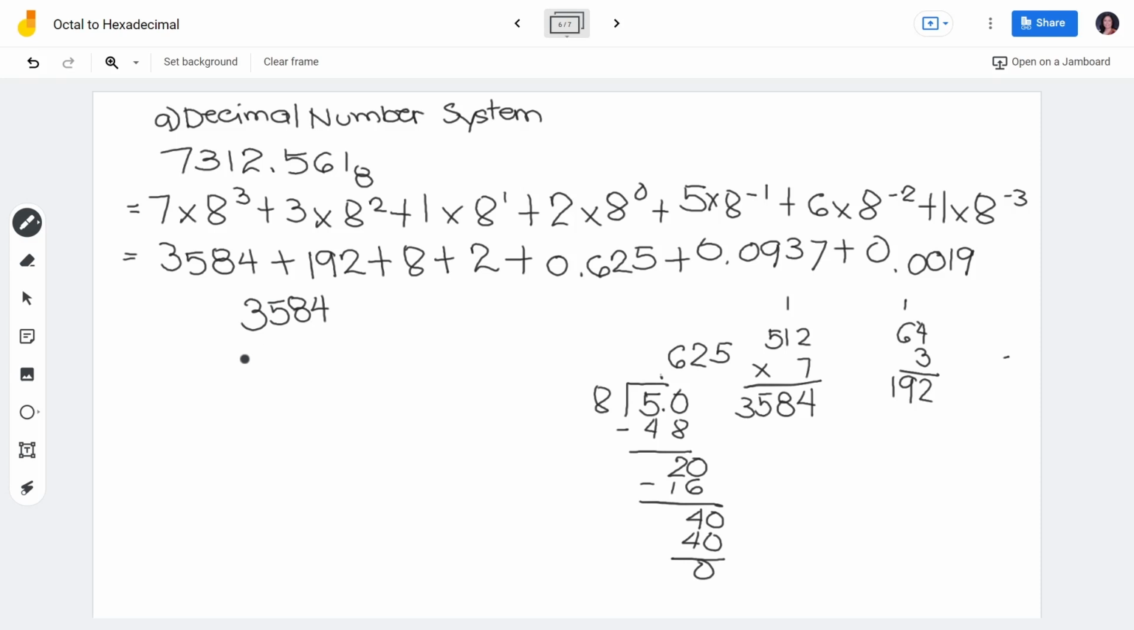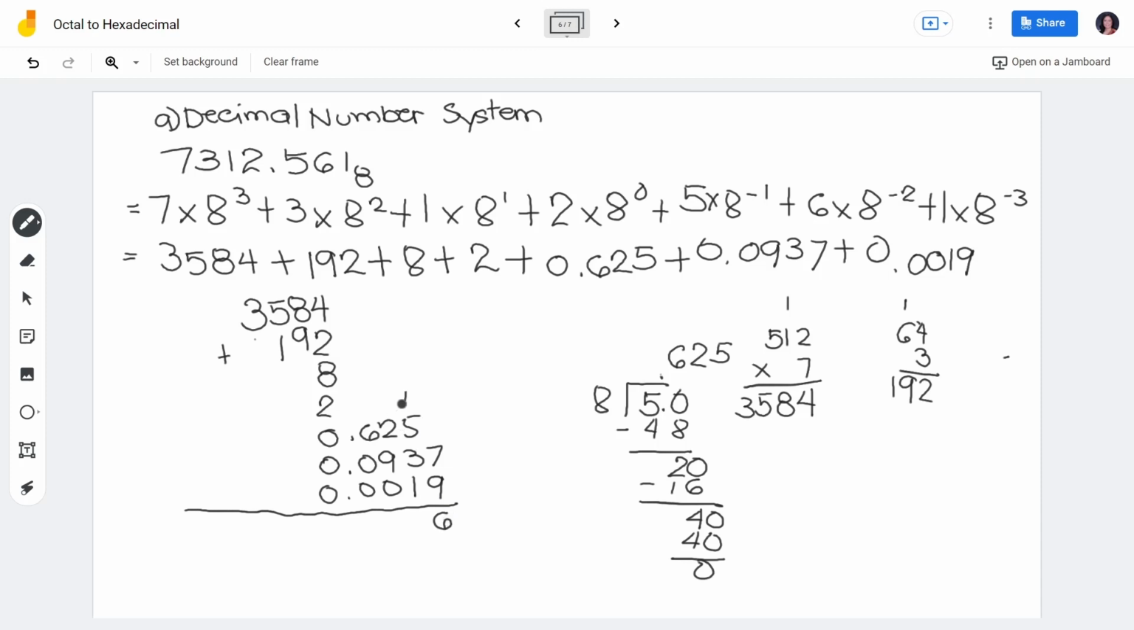And then we're going to add 3584 plus 192 plus 8 plus 2 plus 0.625 and then 0.0937 plus 0.0019. And then let's add 7 plus 9 is 16, carry 1, 1 plus 5 is 6, plus 9 plus